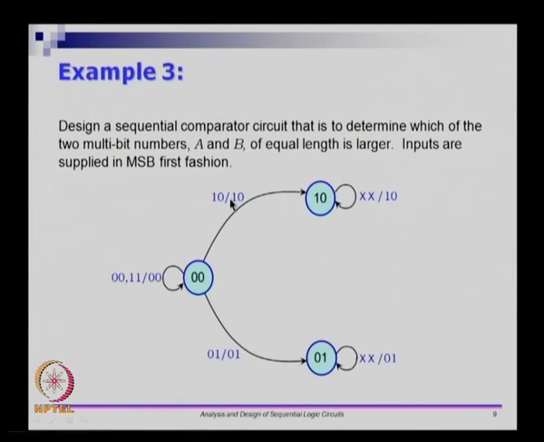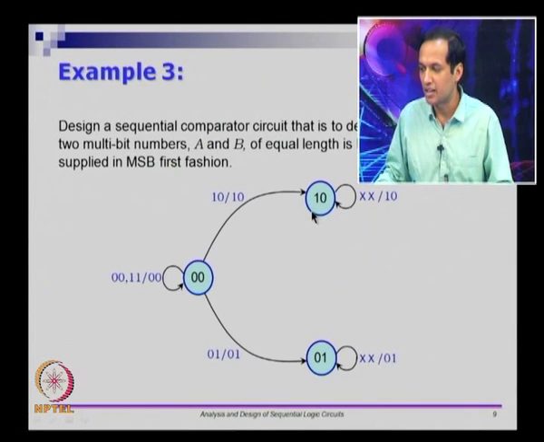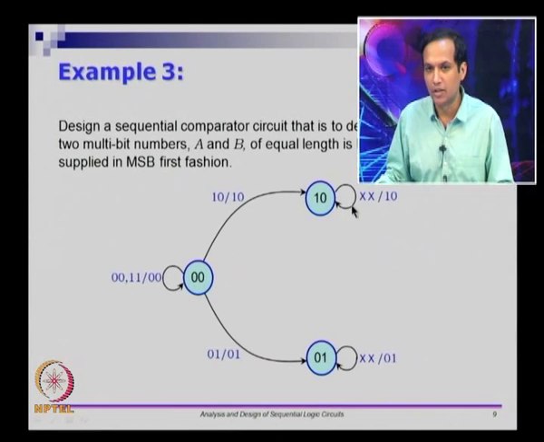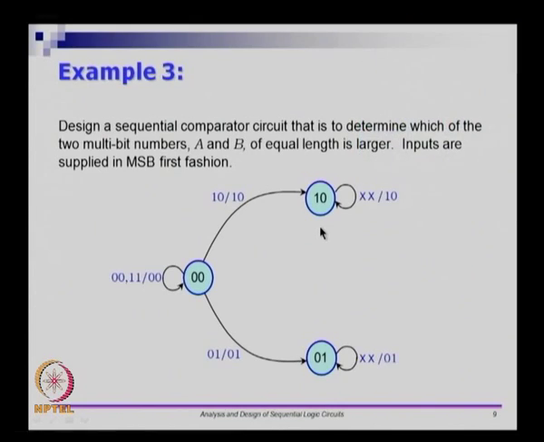and similarly if you have decided A is greater than B, there is one position where you discriminated A and B and A is in fact greater than B. The moment you have decided that, any number of bits that come in do not matter anymore. So you can just stay in that state itself. So this is a very simple comparator circuit. It compares one bit at a time starting from the leftmost side. If you started from the rightmost side, this is a very hard problem,